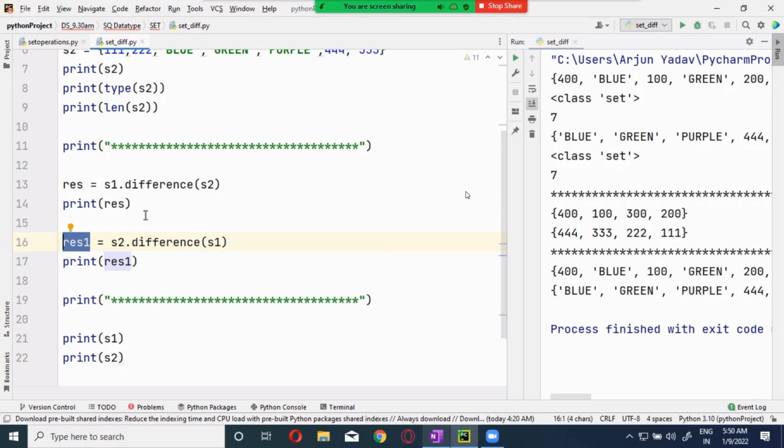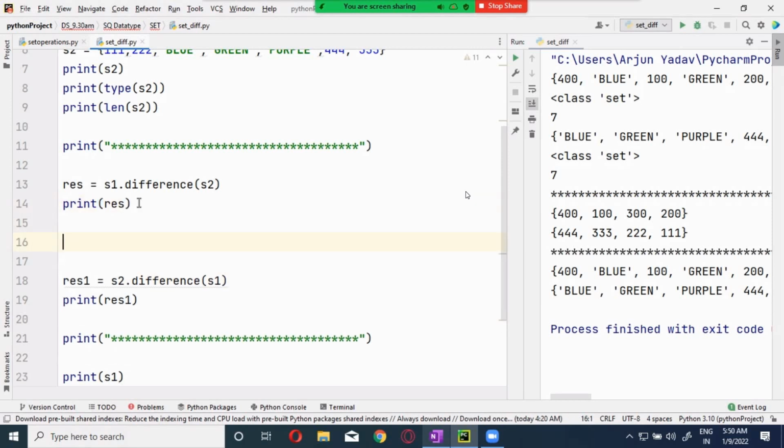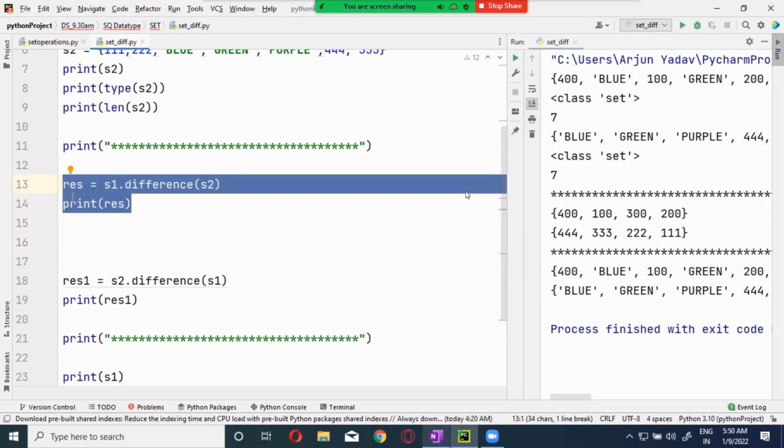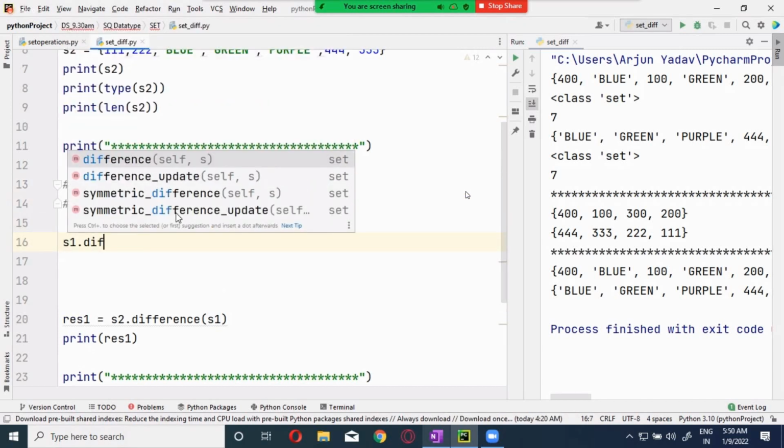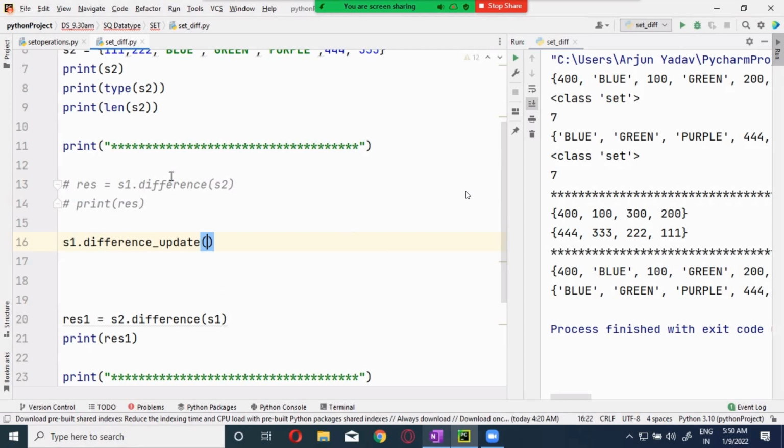But if you are using another one called difference update, just see this, S1.difference_update. There is something called difference and update. It is saying: find the difference and update the primary set.